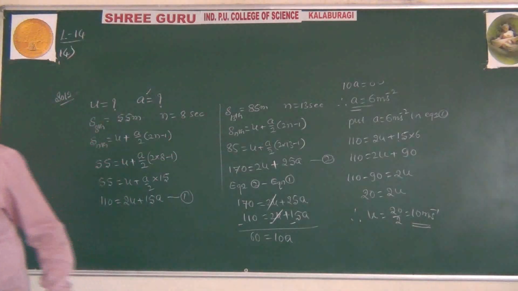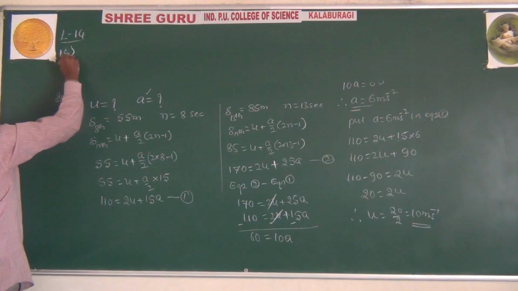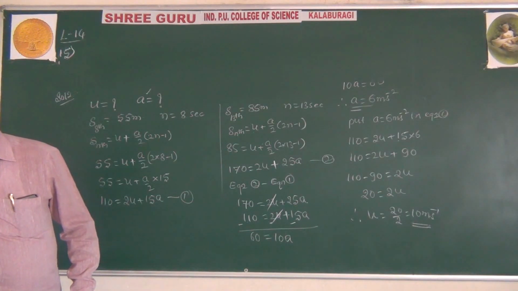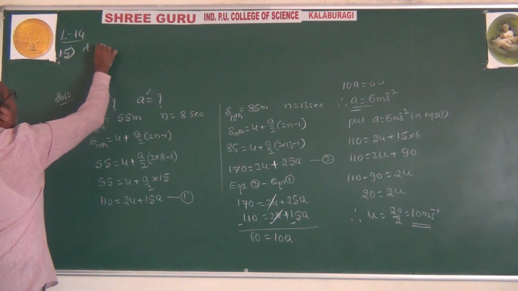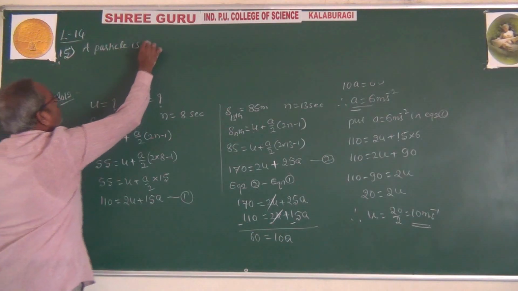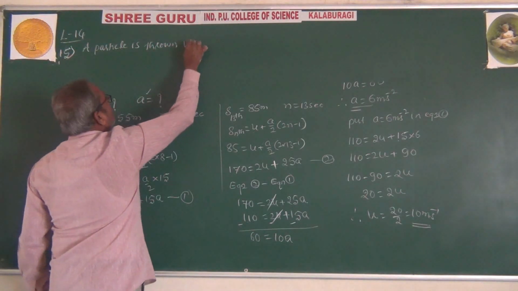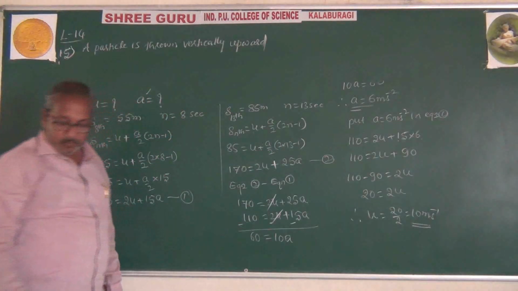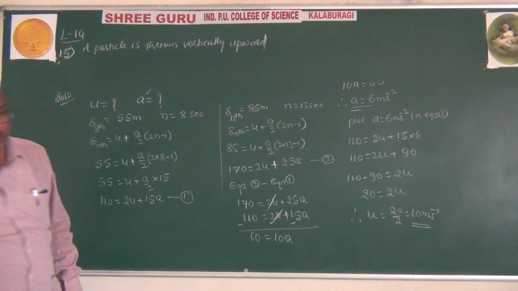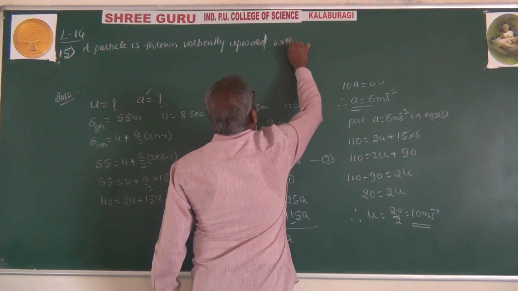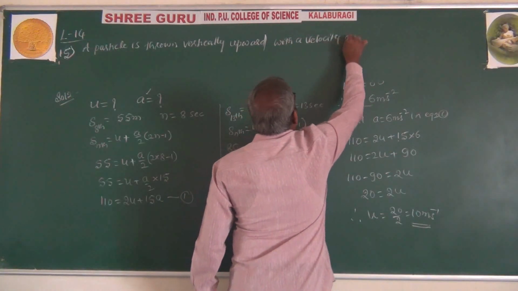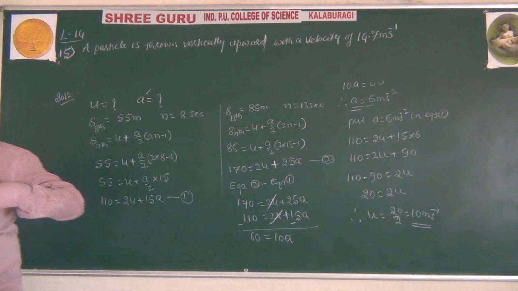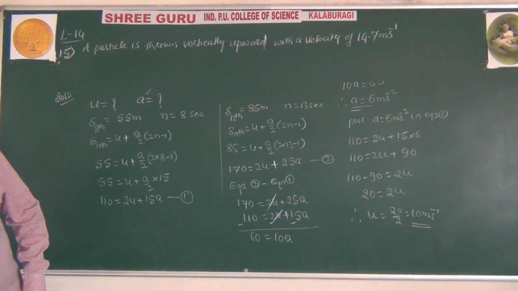Question number 15. A particle is thrown vertically upward with a velocity of 14.7 meter per second from a point 19.6 meter